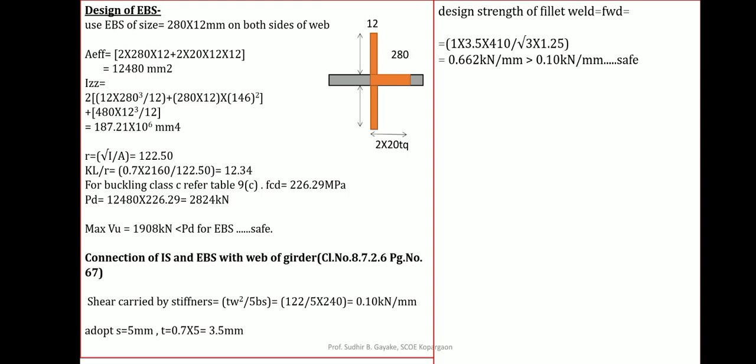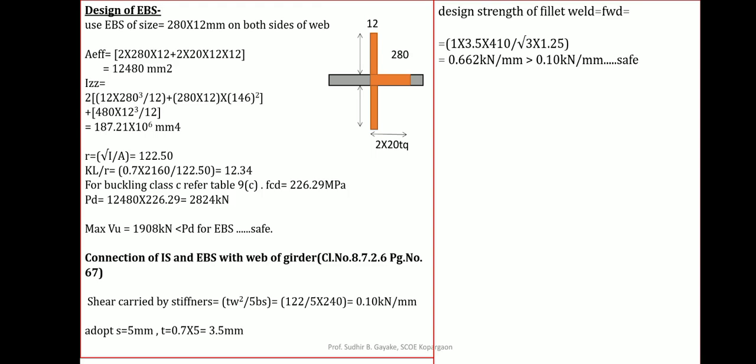Now next, design of end bearing stiffeners. Similarly go for your effective area calculations for end bearing stiffeners. Here you can slightly improve the size of end bearing stiffeners. For intermediate it was 250, here you can increase that to 280. So similarly calculate effective area, moment of inertia, and under root of I by A for the KL by r calculation, that